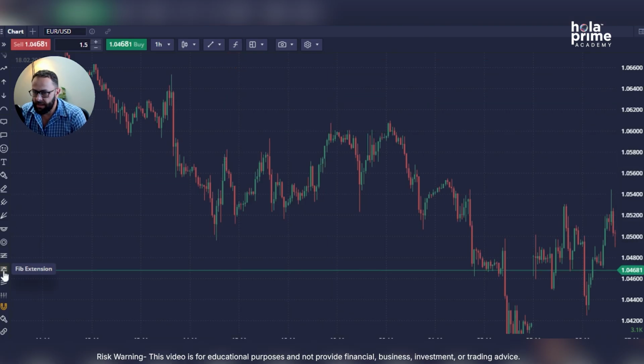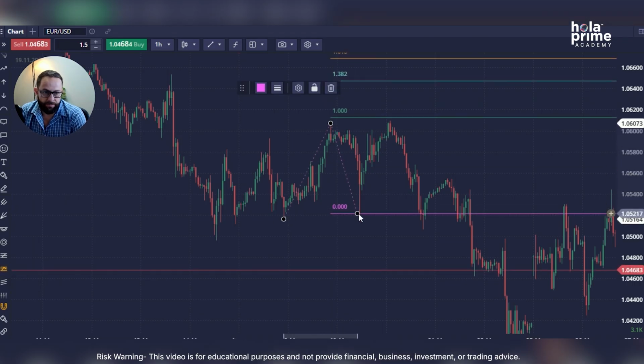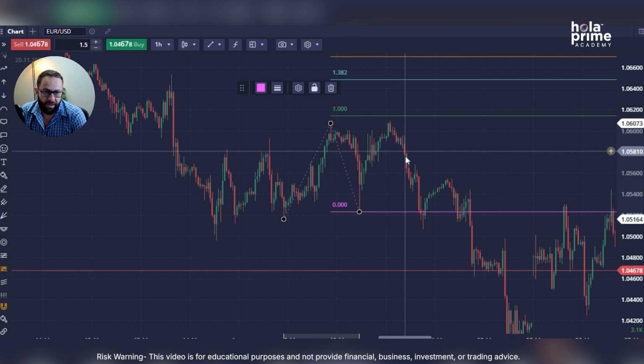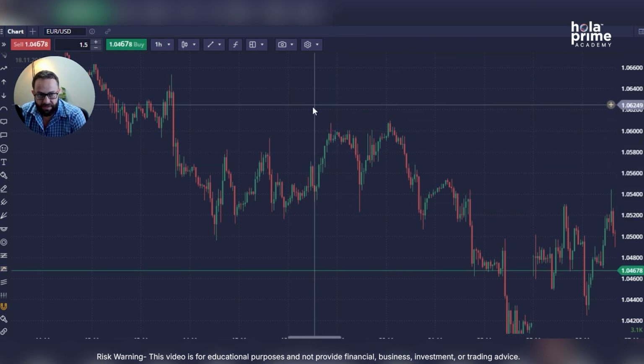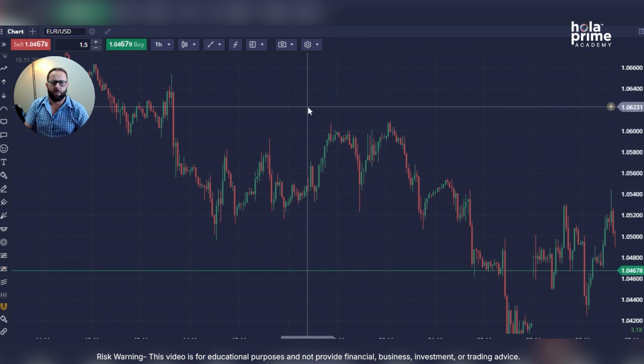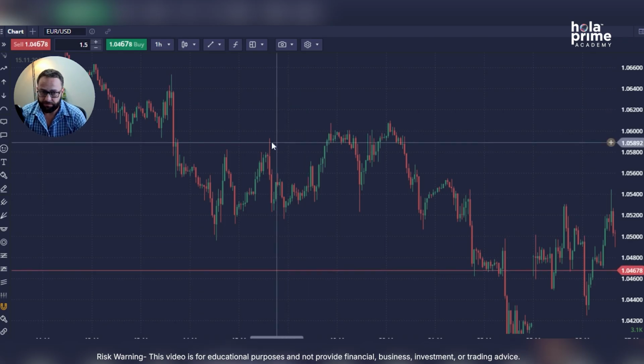Now we can see the same sort of behavior here on the second one, also very close to reaching that 100%. Obviously things are not always going to be picture perfect and reach those percentages, but that's why it's very important to focus on the overall structure of the corrective pattern,